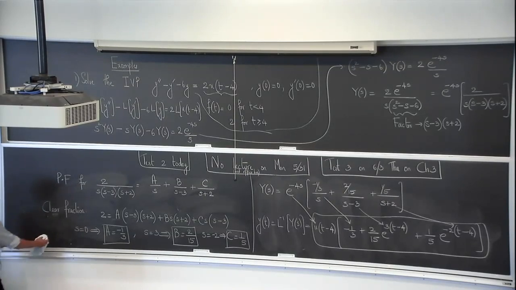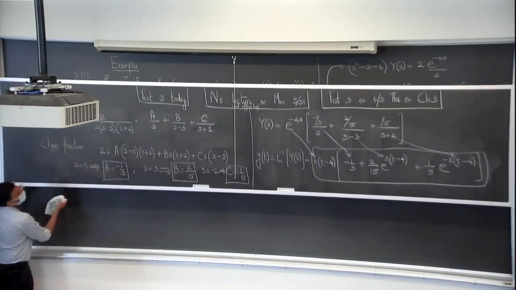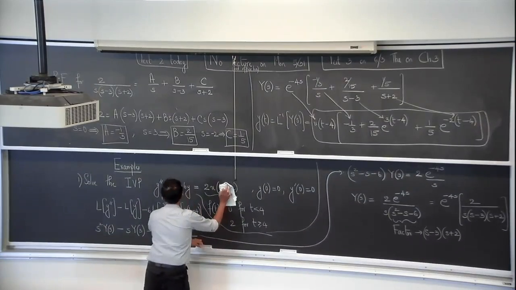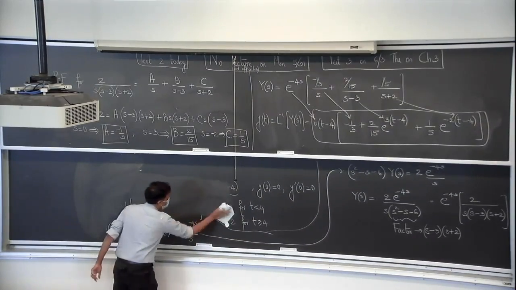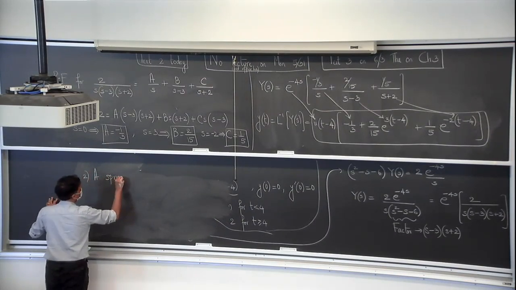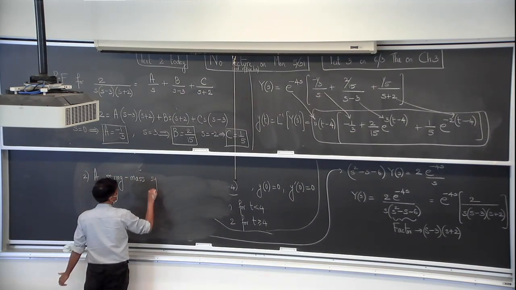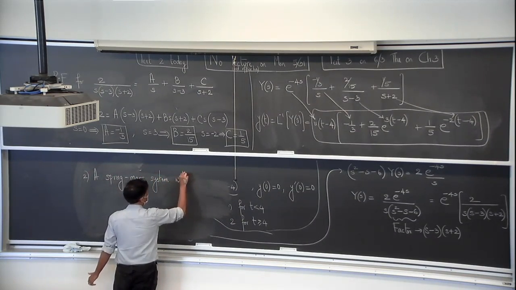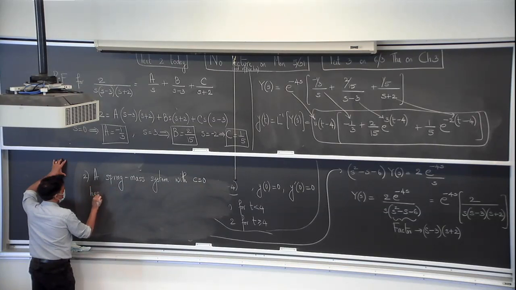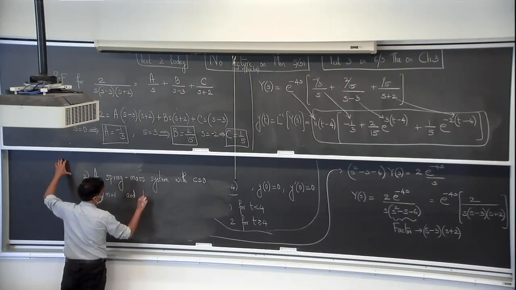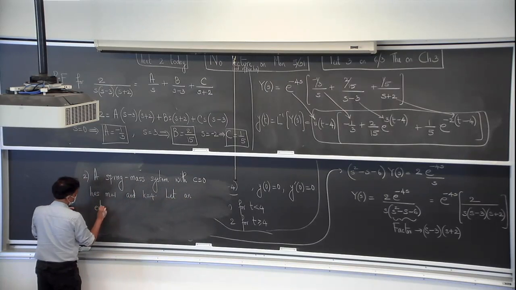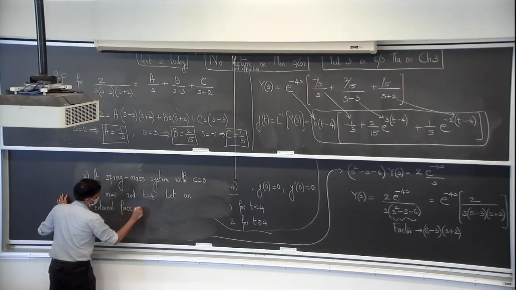All right, so let me write down a spring mass problem and ask you to do it yourself. Number 2. A spring mass system with no damping. Let's start with easy things. So no damping first. Has m equal to 1 and k equal to 4. Let an external force f of t